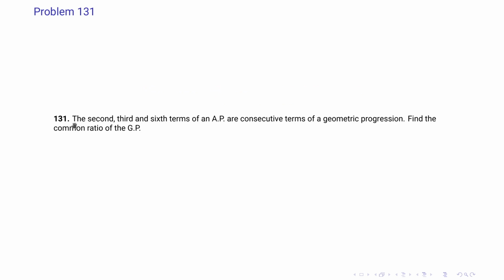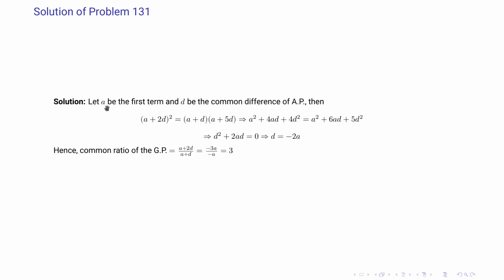Problem 131 says that the second, third and sixth terms of an AP are consecutive terms of a geometric progression. Find the common ratio of the GP. So we let A be the first term and D be the common difference of the AP. Now it is given that the second term, the third term and the sixth term of the AP are in